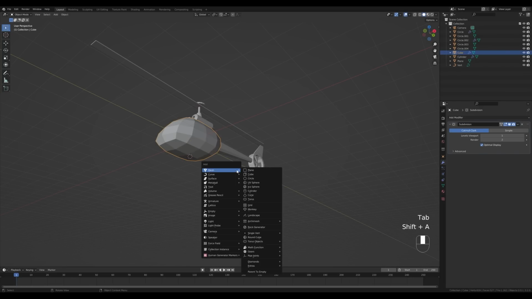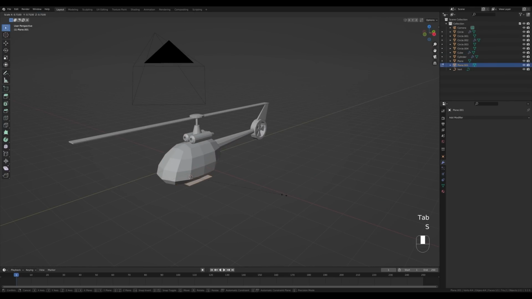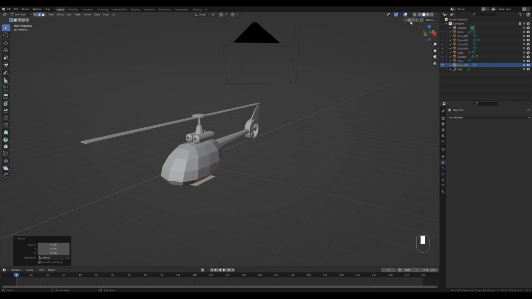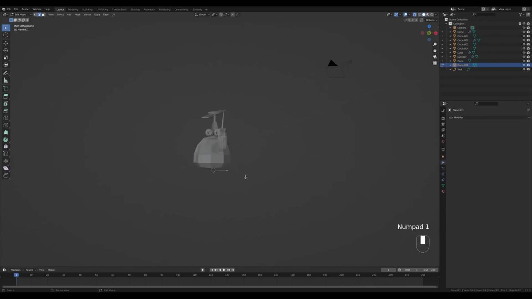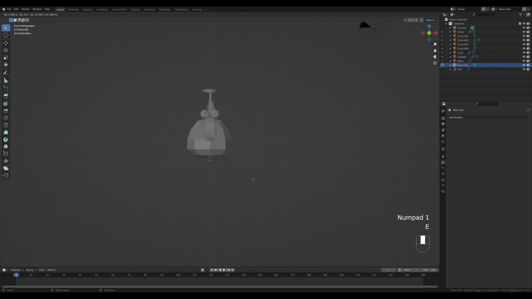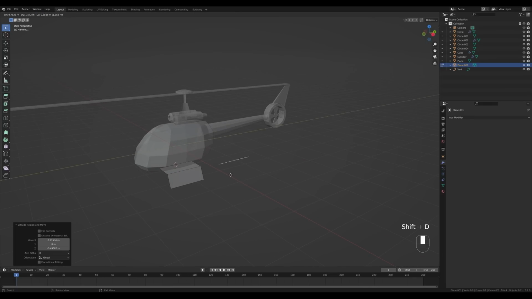Now tab out and let's press Shift A and let's add a plane. Now I will tab into the edit mode, press S to scale it down, and let's enable X-ray view again, and let's press Ctrl R to create a cut here in the middle, right click to release it in place. Let's select this edge and press X and delete vertices. We need only half here. And now let's select this edge, look from the front by pressing 1 on a numpad and extrude it just like this. Now we can press Shift D to duplicate this edge and P, enter to separate into a separate object.